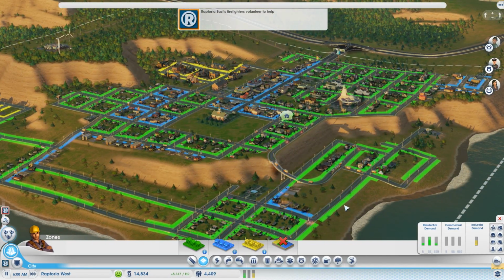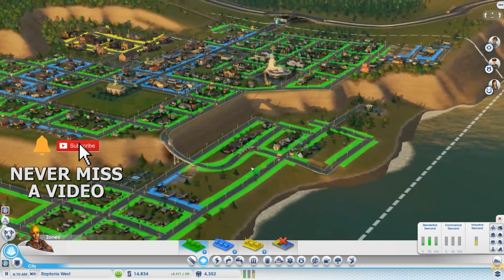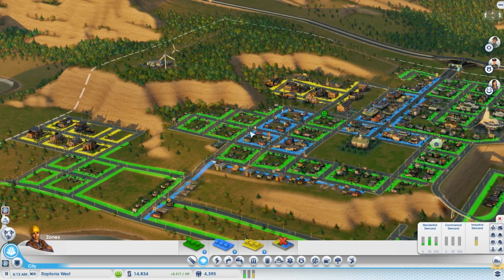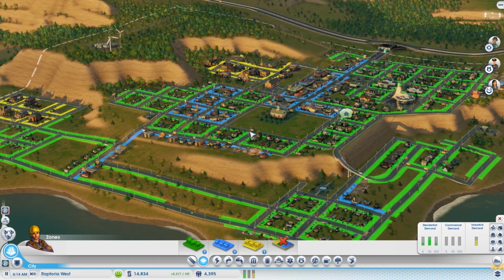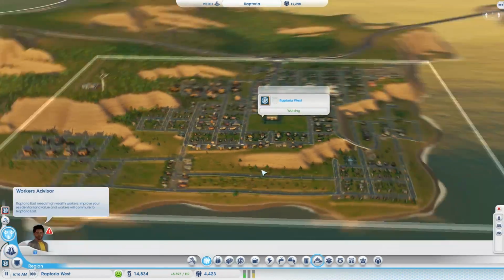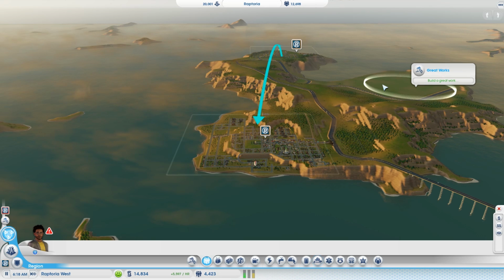We're going to go ahead and continue on filling in all the spaces that we can with residential buildings, as we try to boost our population. Remember, Raptoria West is going to be our educational and tourism city, and Raptoria East is going to be our industrial city, and it's going to do the heavy lifting for what will be our eventual goal of building the giant Great Works over here. So what we're going to do is use both these cities together in order to...